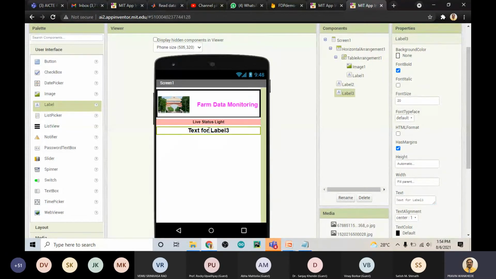so here I want the data which is coming from your Firebase. Therefore, what I'll do, I'll remove the text from here. Go to the properties, and from the properties, remove the text. And just remember what the name is there. So we got three labels. One label this one, second label this one, and third label this one. In the third label, you want to display our Firebase data. Remember this one, where you want to display the data.